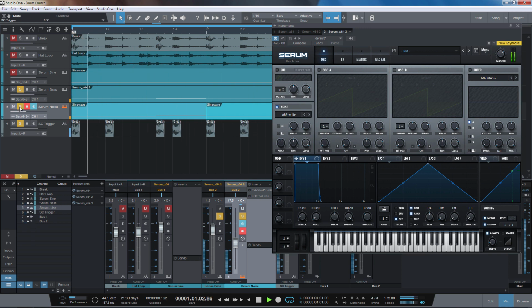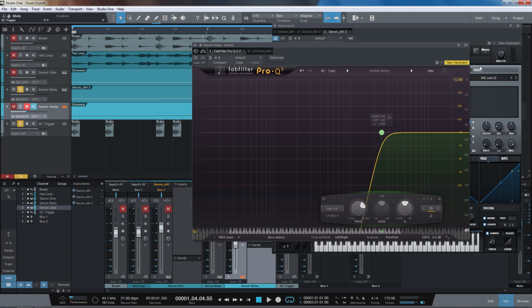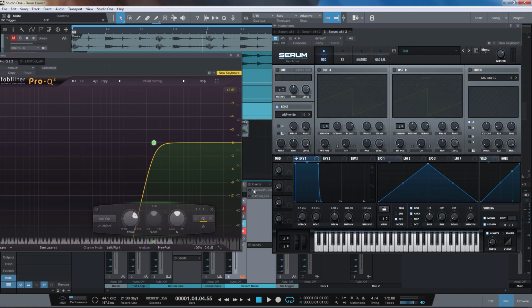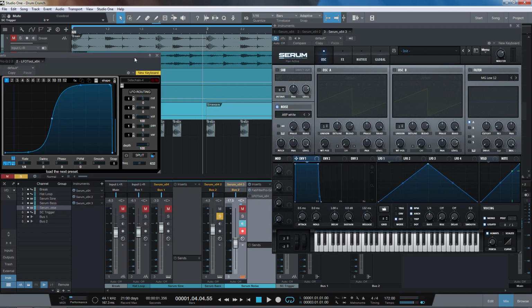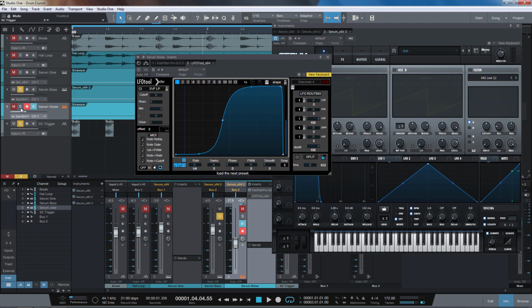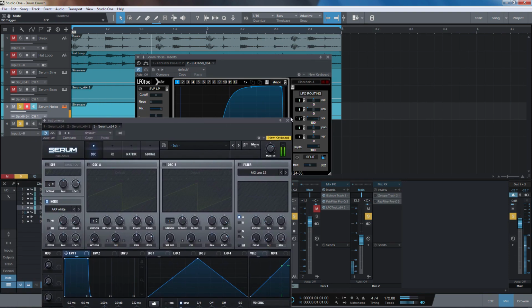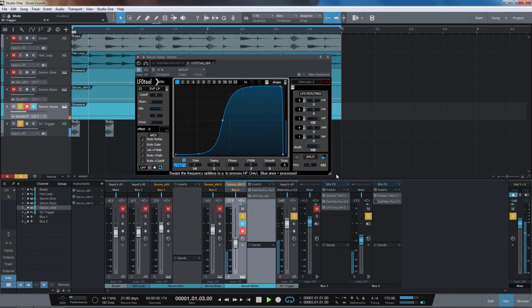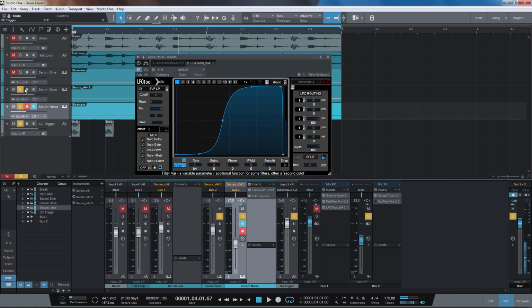So together, it doesn't sound particularly exciting, but what I'm going to do is cut the low end out of the white noise using Pro-Q 2, and then I've got an LFO tool just to give the noise some syncopation, which sounds like this. And then that goes to a bus with Trash on, and then when we add Serum,